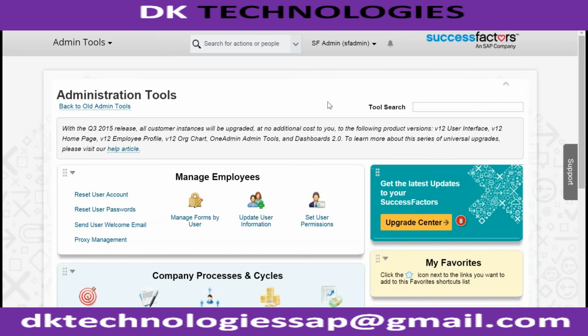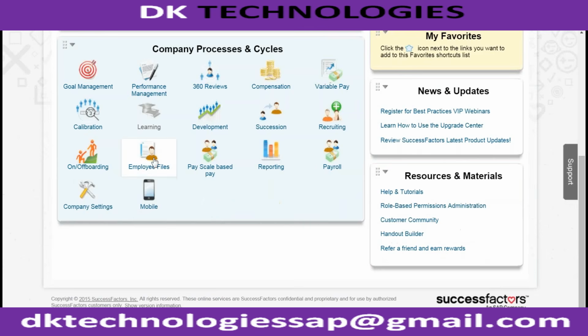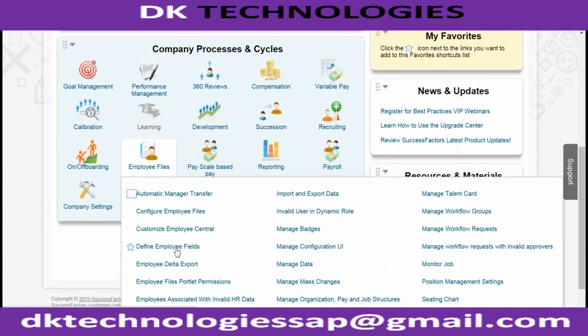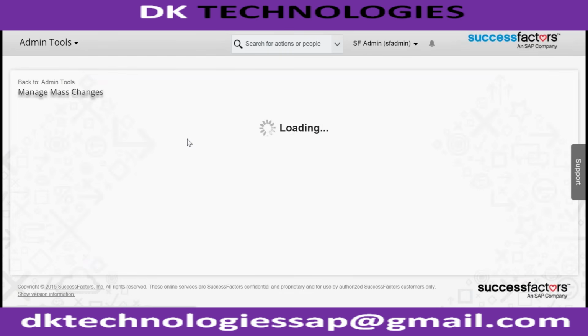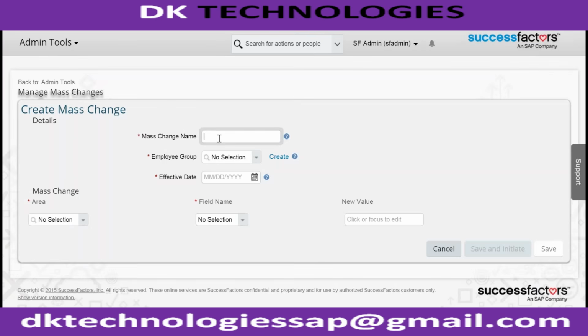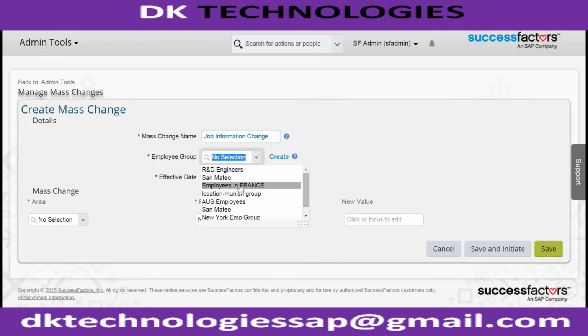The place where you are going to do the mass changes configuration is Administration Tools. From Administration Tools, go to Employee Files, and once you are in Employee Files you can see here Manage Mass Changes. This is the option that you have to choose to create mass changes, and here you have an option to create mass changes. Click on that, and here give any name, guys. Let's say I want to give a name like job information change,